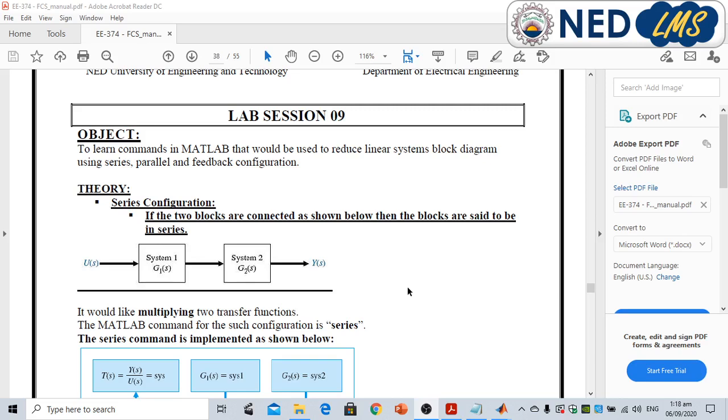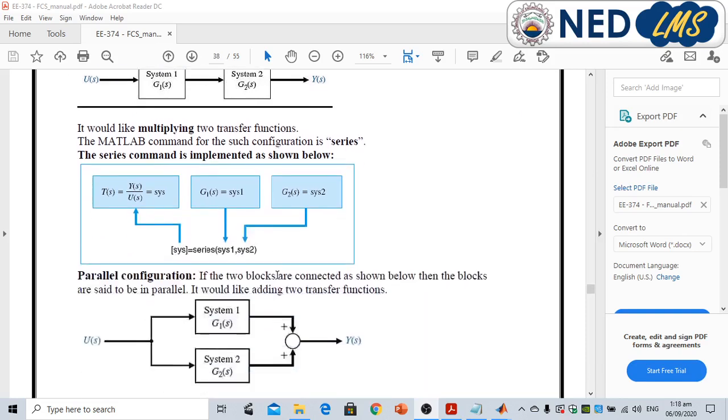Number one is the series configuration. In this series configuration, system 1 and system 2 are in series. These two systems are defined with the help of the transfer functions G1(s) and G2(s). In order to get the equivalent of these two blocks, we have to use the MATLAB command series. In this series command, we have to define system 1 and system 2